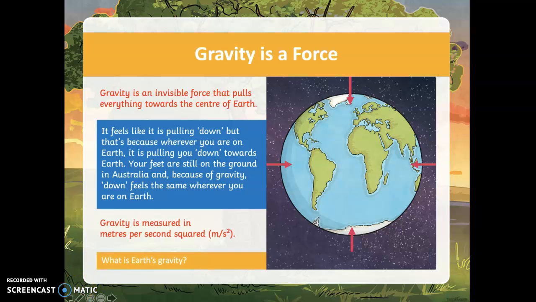So what is the Earth's gravity? Well, the Earth's gravity is 9.8 meters per second squared. But you'll commonly maybe see this rounded up to just 10 to make it easier for calculations. Now, I suggest what you do is you pause the video to make sure you've got some time to make sure those 2 sentences that are written in red are written down in your notes.